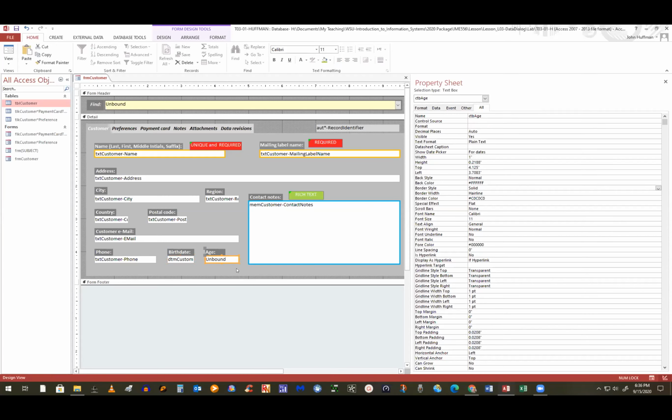But now what I want to do is put an expression on this age, okay? So I'm going to go up here, down here, and you'll see one of the things it says is control source. Over here on birth date and the other fields, their control source was the field that they're bound to. This isn't bound to anything, so it doesn't have a control source. But I want it to. I want the control source to be basically an expression, a formula, all right? And the formula I'm going to use to do this, and it's not that hard, and I got a page down so I can make sure I'm typing it right. The formula to do this,